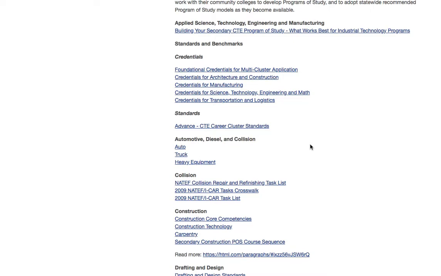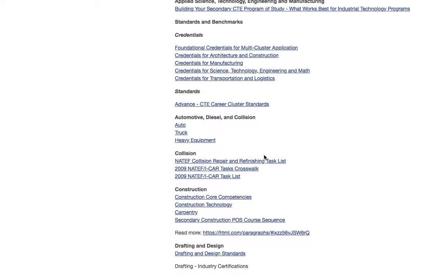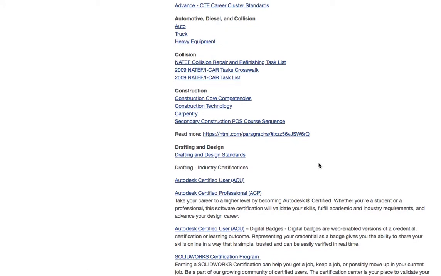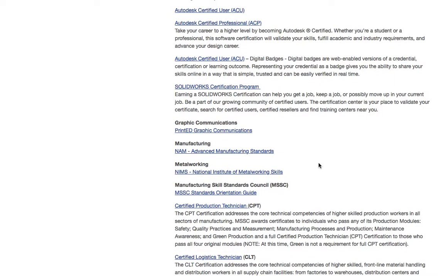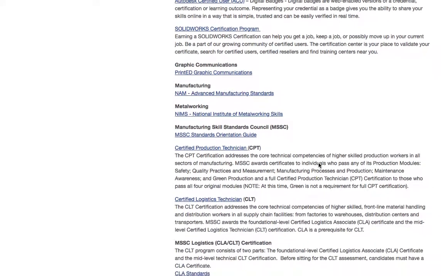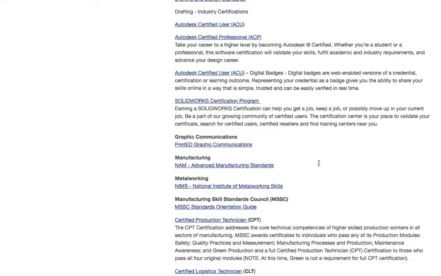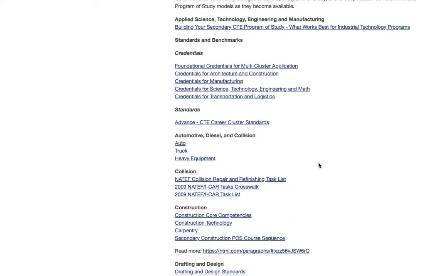This service area, previously referred to as Industrial Technology, includes automotive, diesel collision, construction, drafting and design, manufacturing, metalworks. There are lots of content areas within science, technology, engineering, and math. A CTE program of study would need to address which of these content areas fit their specific program of study and then choose the standards and benchmarks accordingly.